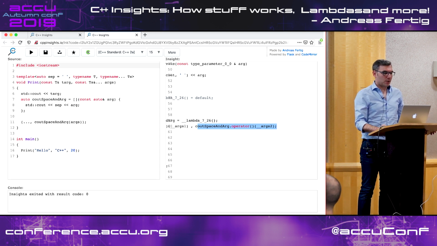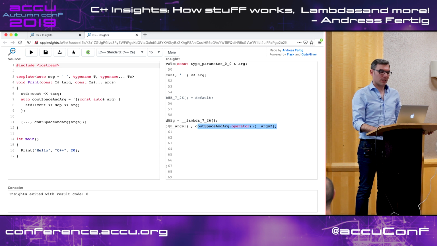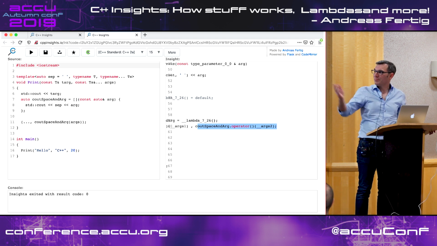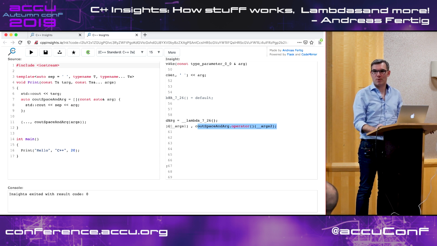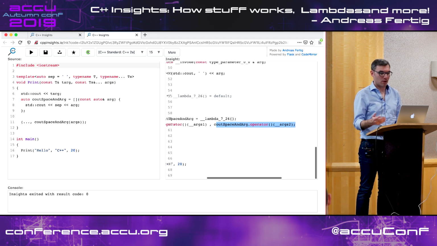I sometimes get a question which of these two versions is more efficient, and I don't know. I really don't know. Specifically in this example, I think in the first version, the print will probably be inline because it's really short. It doesn't do that much. Sometimes people fear the recursion and the resulting code. Then maybe use that. I'm not sure which one is really more efficient in terms of either code space or speed.